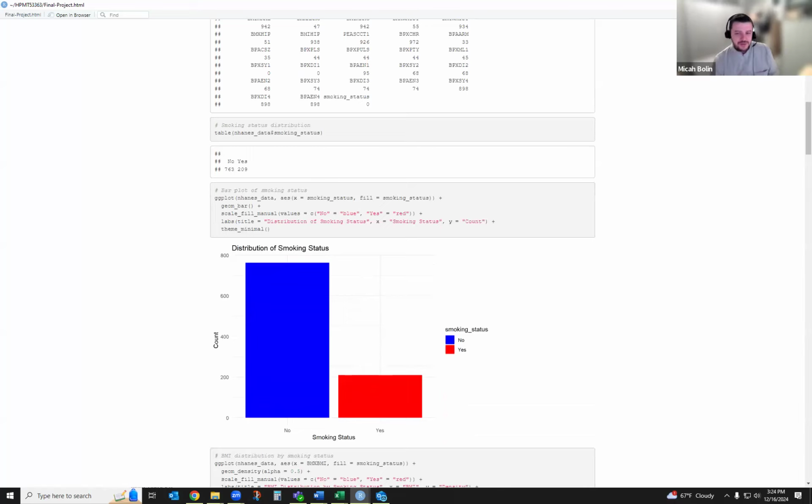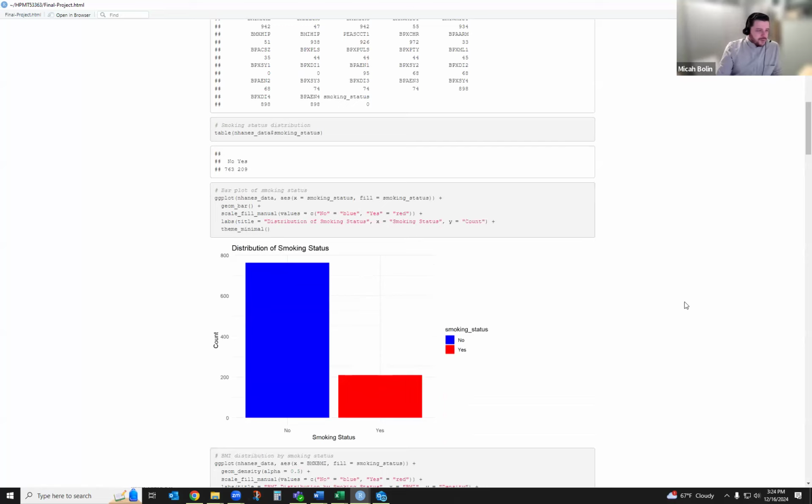The bar graph shows approximately 25% of the participants are smokers, while 75% are non-smokers. This shows that there's a class imbalance, which is consistent with the national prevalence rates, and it must be considered during the model evaluation going forward. So I just wanted to mention that as I went through.